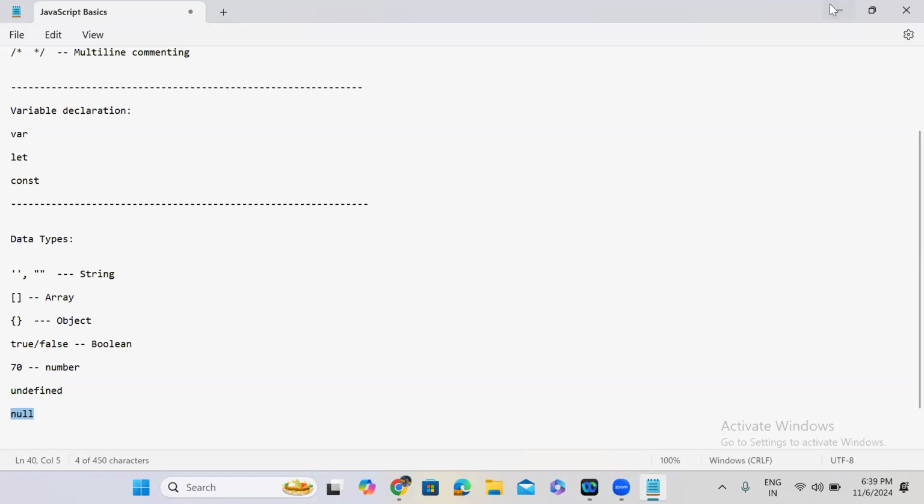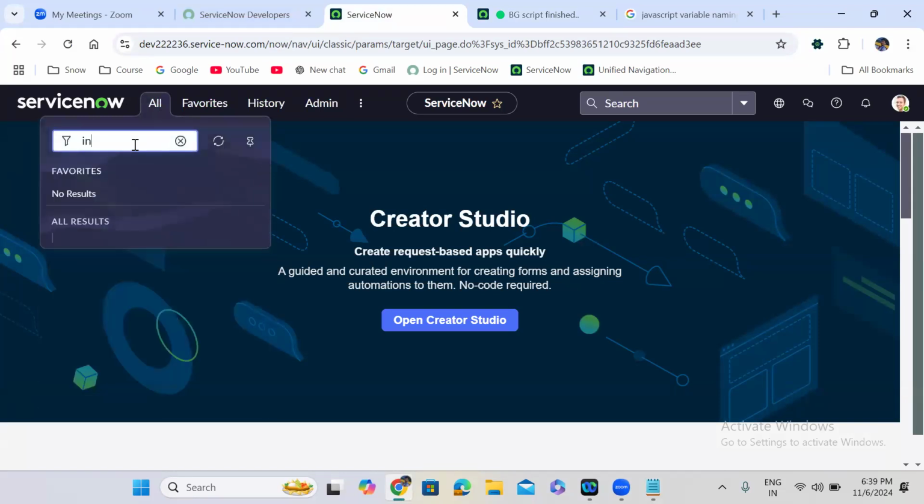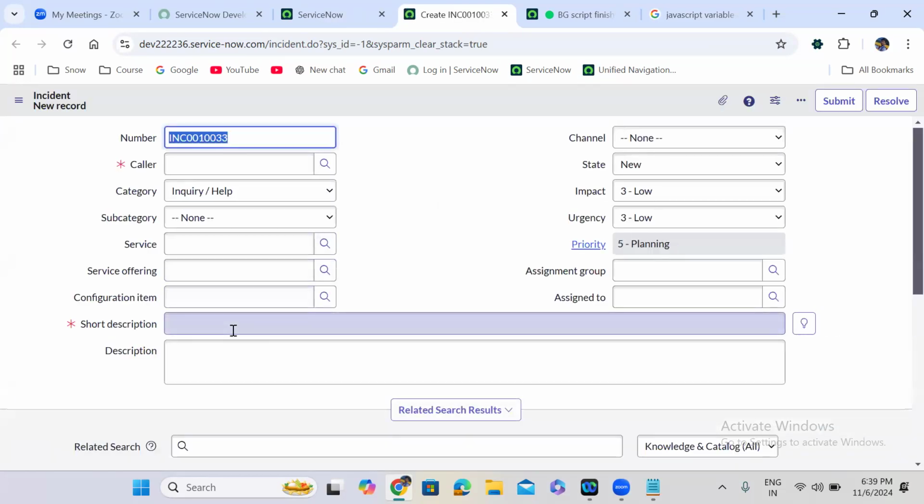If there is an empty field here, let me just go to the incident form. So in the form, let us say the short description field value is empty, guys. If I take this short description field value, you will get it as empty. The type of an empty field is actually the null data type, guys. If you take this field value and use type of here,